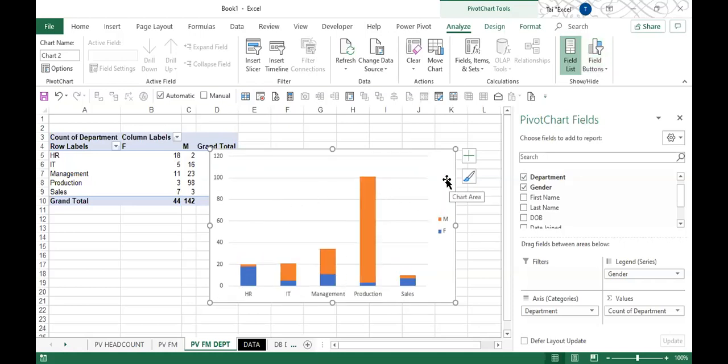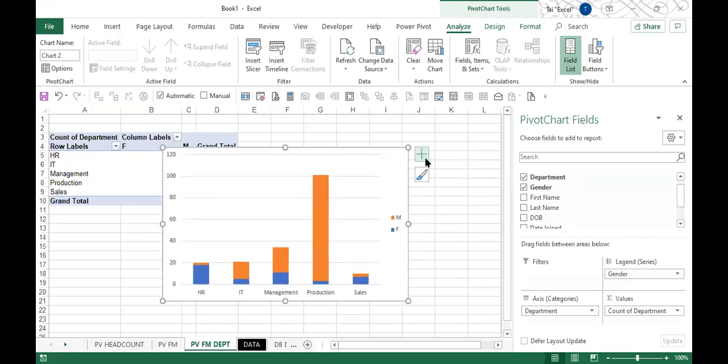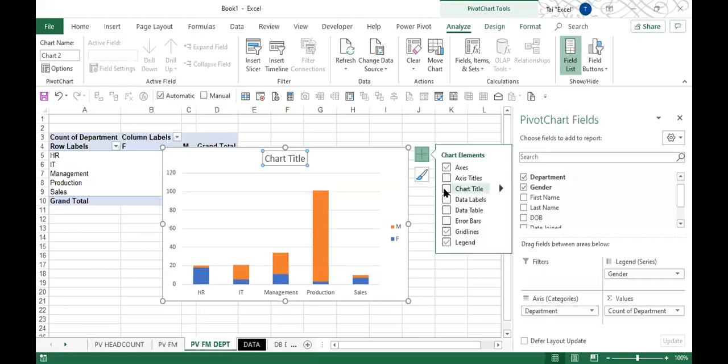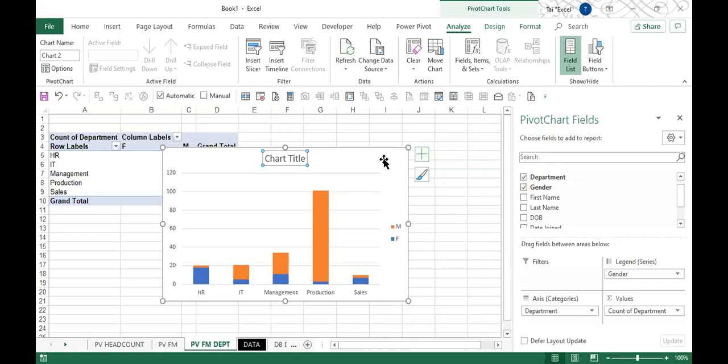And I want to add a title to make it easier to read. While the chart is selected, I can click on the plus sign. I'm able to select something called chart title. I have picked that. If let's say you do not see this, it's perfectly okay. You can go to, there's something called